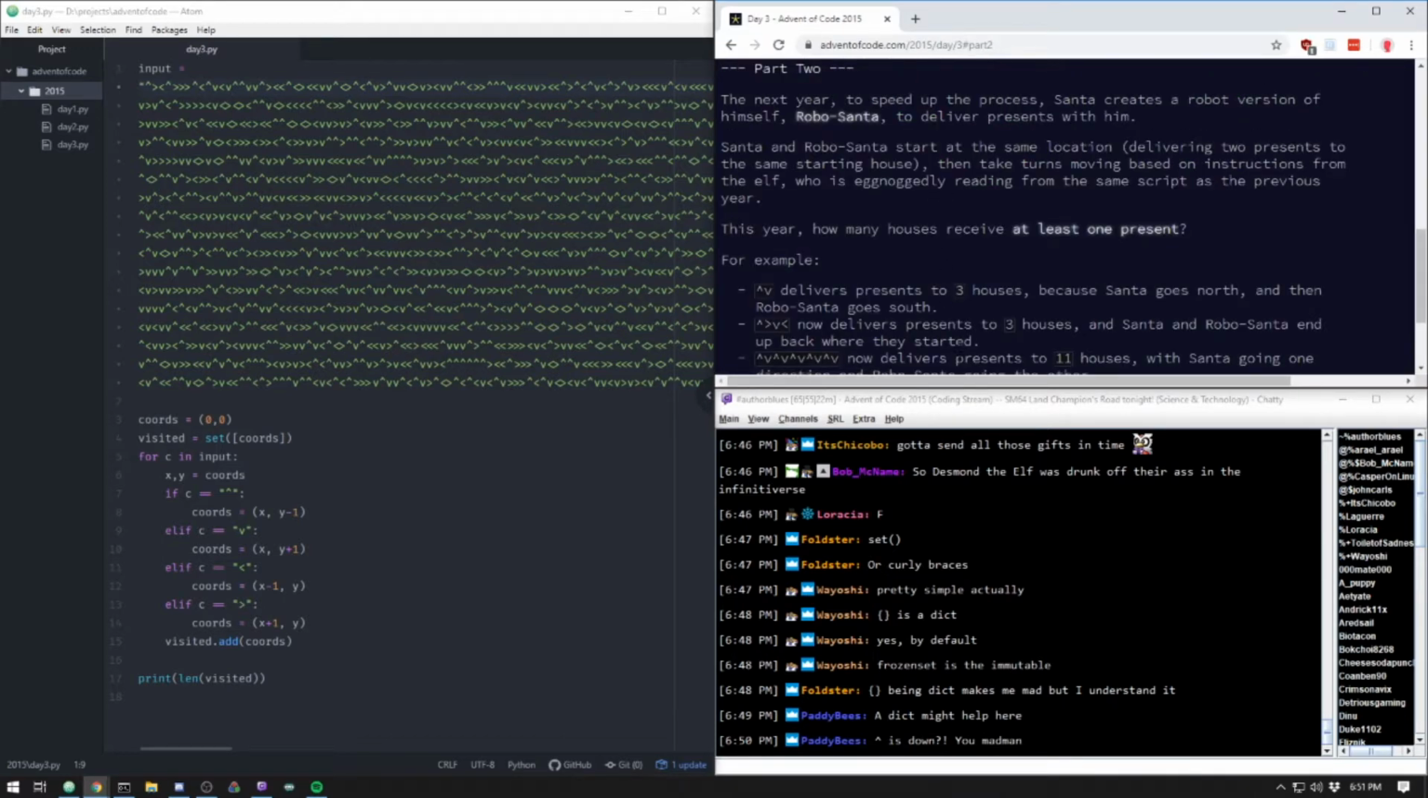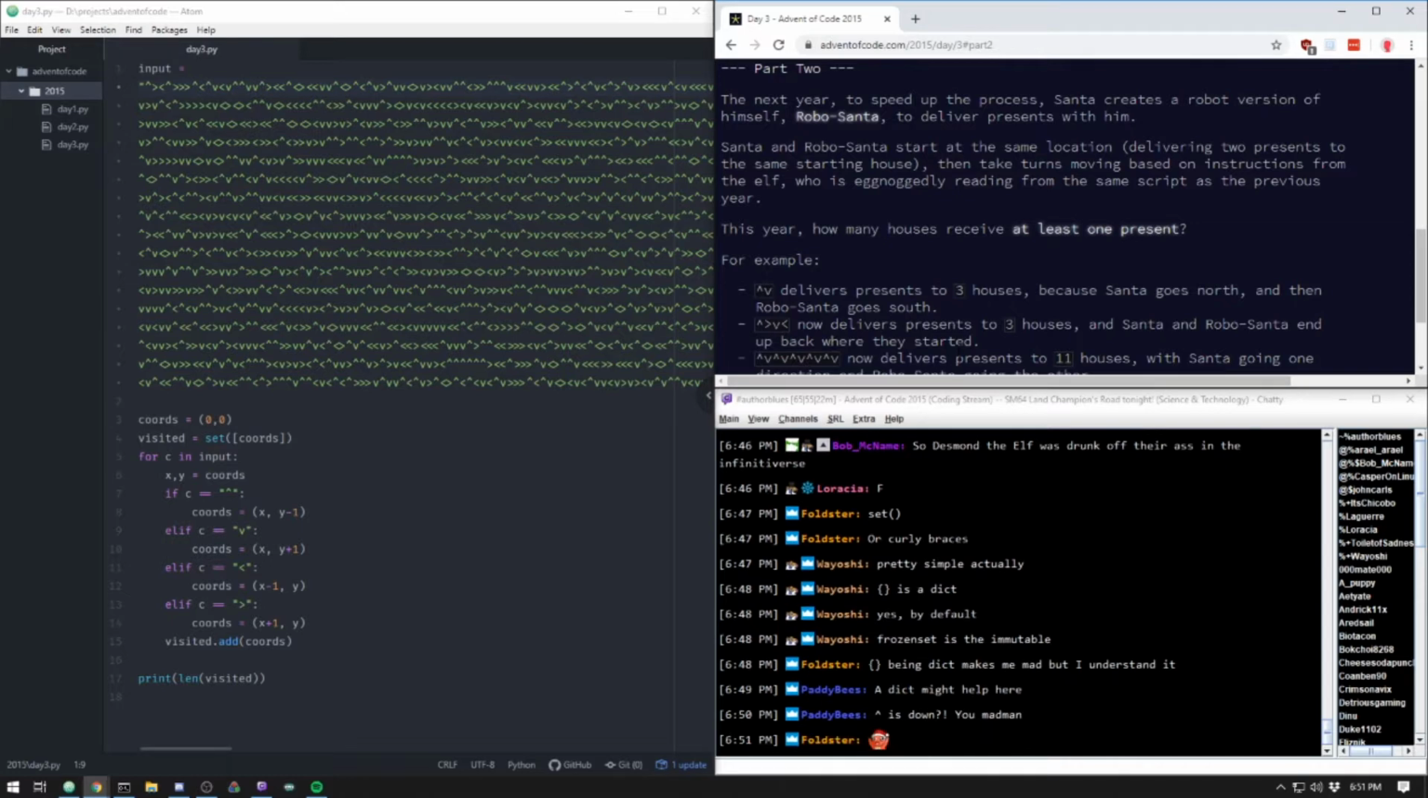Alright, next year, to speed up the process, Santa creates a robot version of himself, Robo Santa, to deliver presents with him. I was thinking about it as negative goes up, but okay. Santa and Robo Santa start at the same location, delivering 2 presents to the same starting house. Then take turns moving based on instructions from the elf, who is agnoggedly reading from the same script as